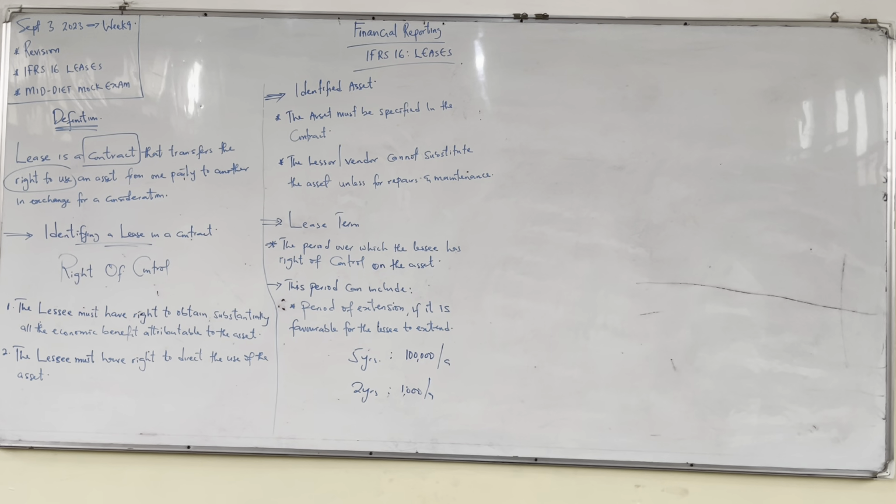What is important for us, which you will see very soon, is just to look for right of control. That's what is key. You see some contracts, you see a lot of clauses there, but what is key for an accountant is, is there a right of control? Is there an identified asset? He mentioned one, that maybe at the end the asset becomes his own, and it doesn't affect how we account for it. So if he defaults, you collect back his asset. That one is a no-brainer.